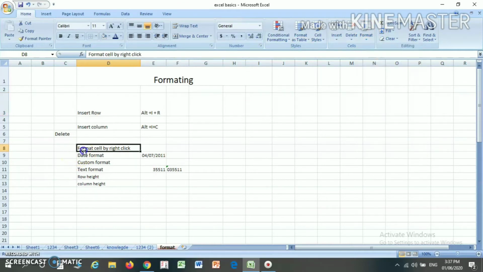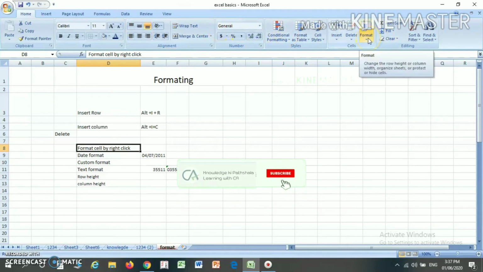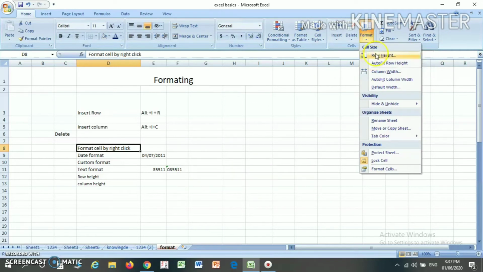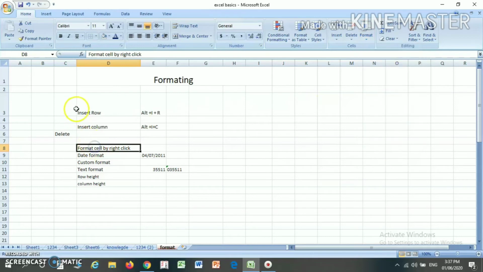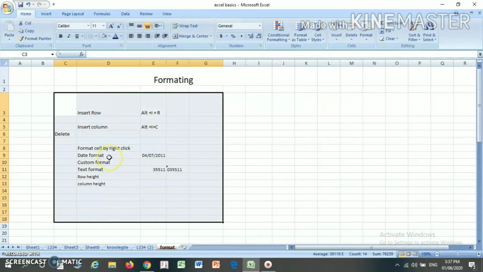Next, format cell by right click. You can format the cell by clicking on the various options given under your Home tab, which we have already discussed in our previous video. You can also format data by clicking here. There are various options here: row height, column width, rename sheet, and so on. However, you just select your data and